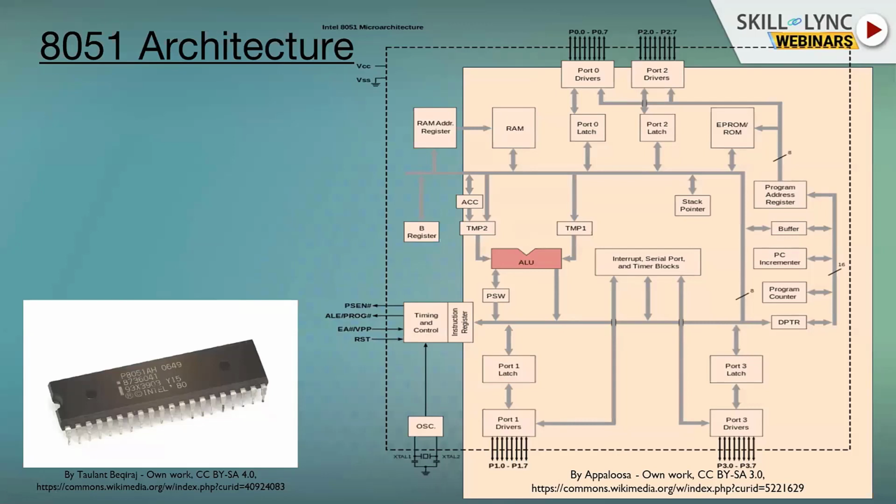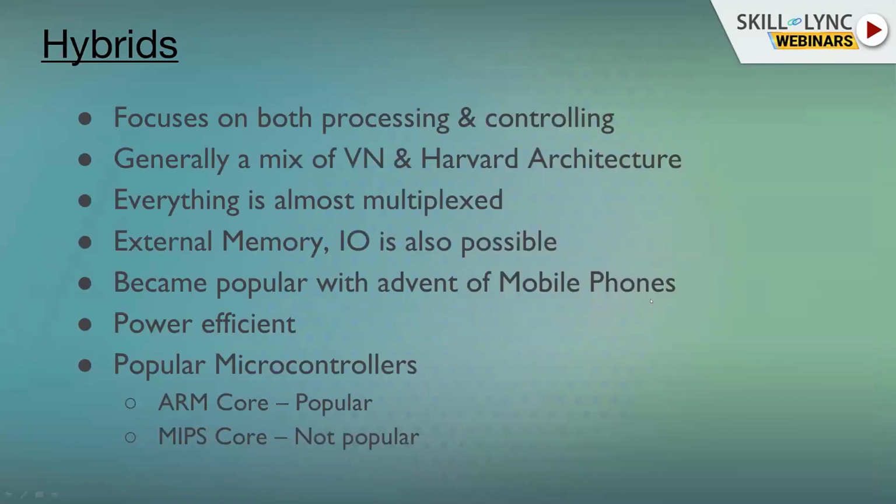Some microcontrollers are designed for industrial control; then there will be more analog to digital converters and pulse width modulators. If microcontrollers are designed for use in cars, then you will have I2C in them. So now we have hybrids. This is the latest trend. We are mixing different architectures, and we have hybrid devices where microcontrollers and microprocessors are mixed.